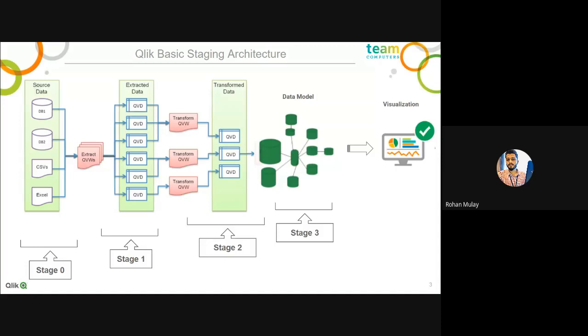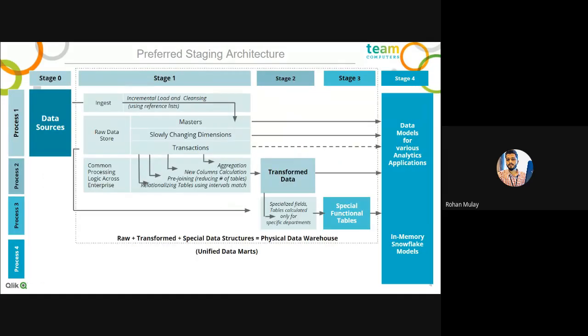Because I'm extracting the data from the database, the optimization we can use is incremental load, to reduce the reload time. This is what we can do at stage one. But after stage one, we play completely with QVDs and are not going to hit the database. Whenever we move to stage two, we fetch the QVDs for transformation. So optimized load is to be taken into consideration when we are loading the data from QVDs.